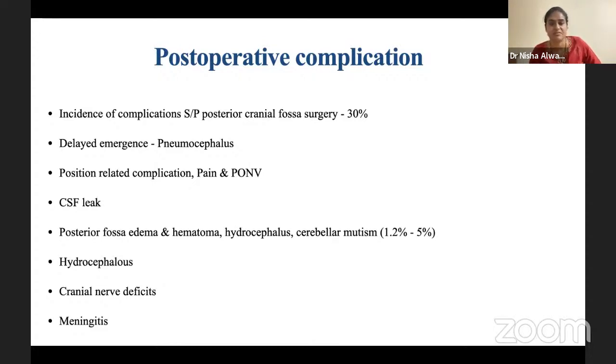We have to reassure the relatives and be aware of this complication. Acute hydrocephalus is one of the deadliest complications which can occur in these patients postoperatively. Many patients come with an EVD, which has to be opened, or an emergency EVD has to be inserted, and they can become shunt dependent as well. So this is about the complications. That is all from my end. Thank you.